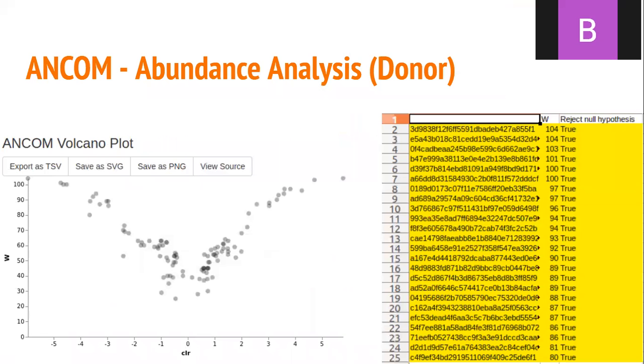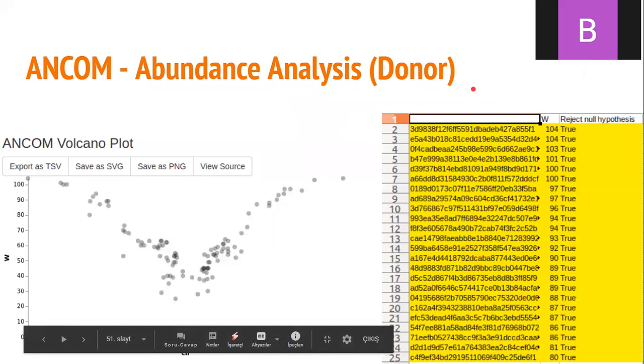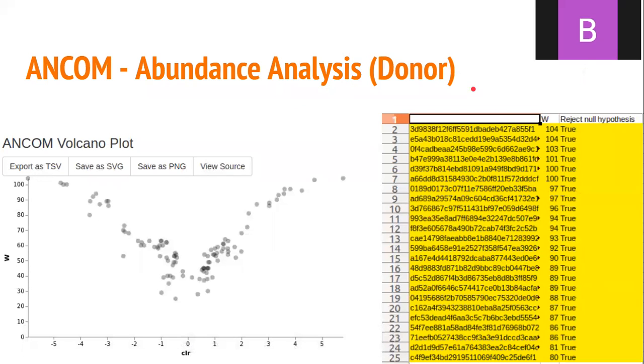And this has also been done for the donor types. Donor dependence analyses for donor only. In this one, we have a more significant distribution on the volcano plot, as a V shape. Also in the reject null hypothesis test here, we can see more than 3, which is 24 feature variants that have rejected the null hypothesis. This also validates that donor type has a major effect on abundance and levels of the feature variants